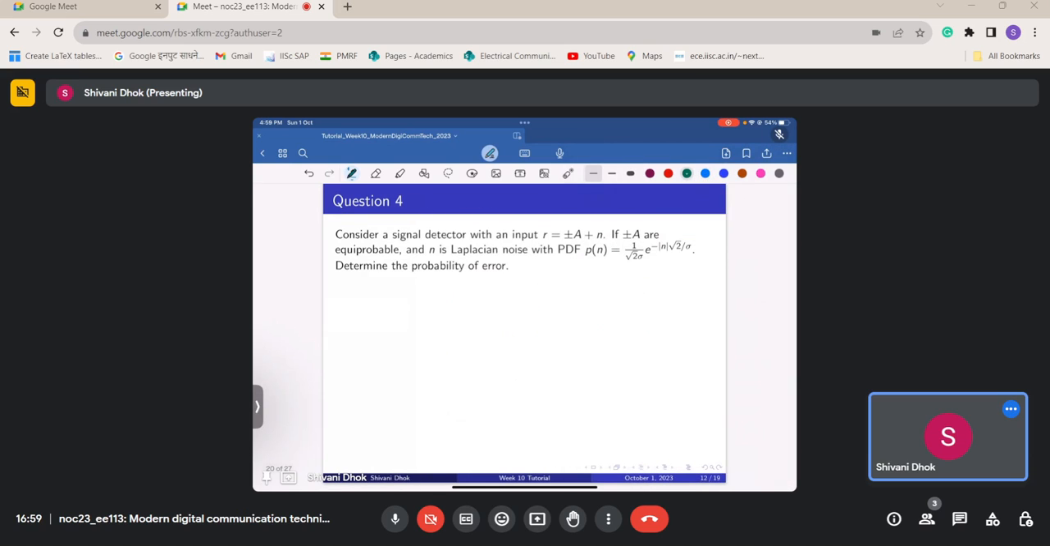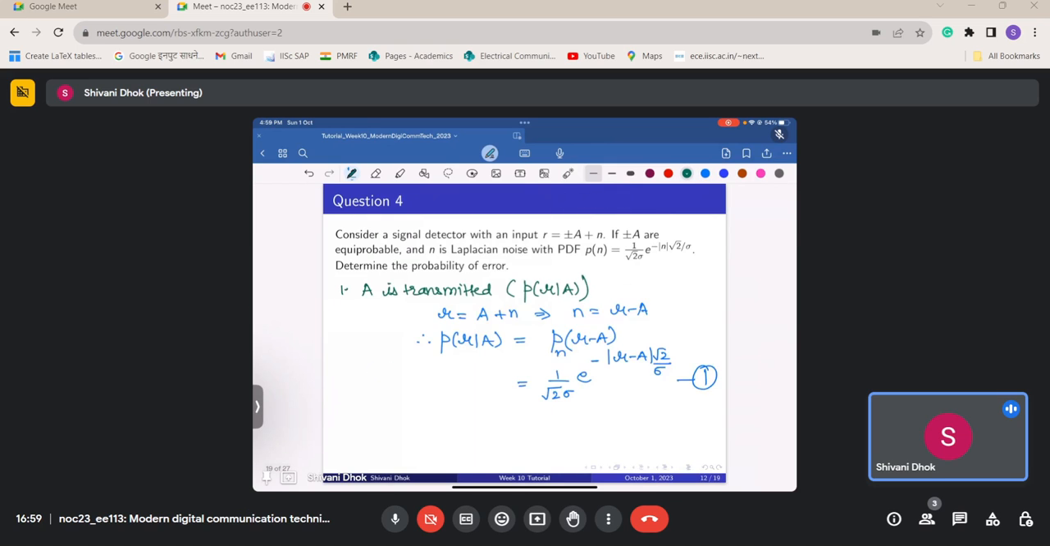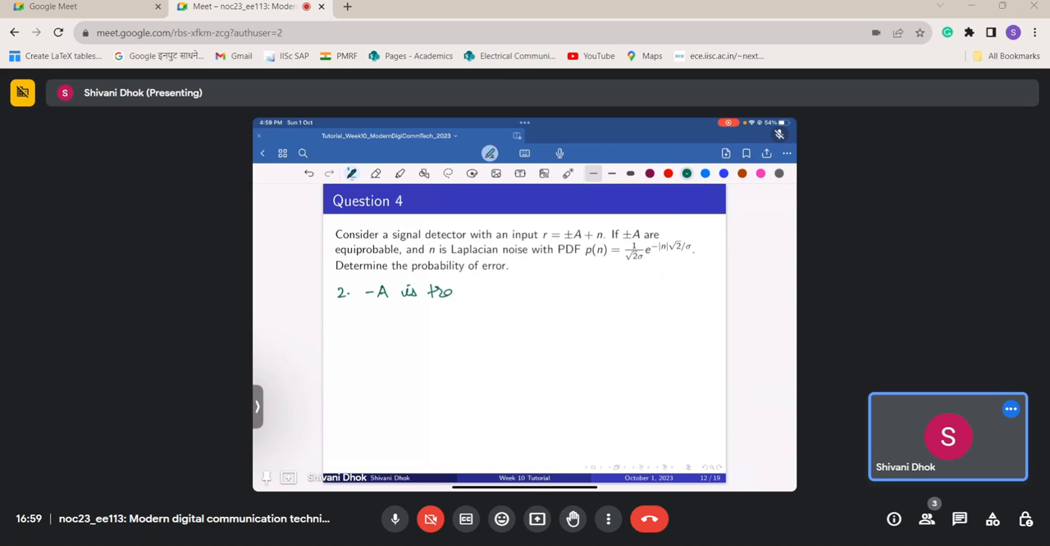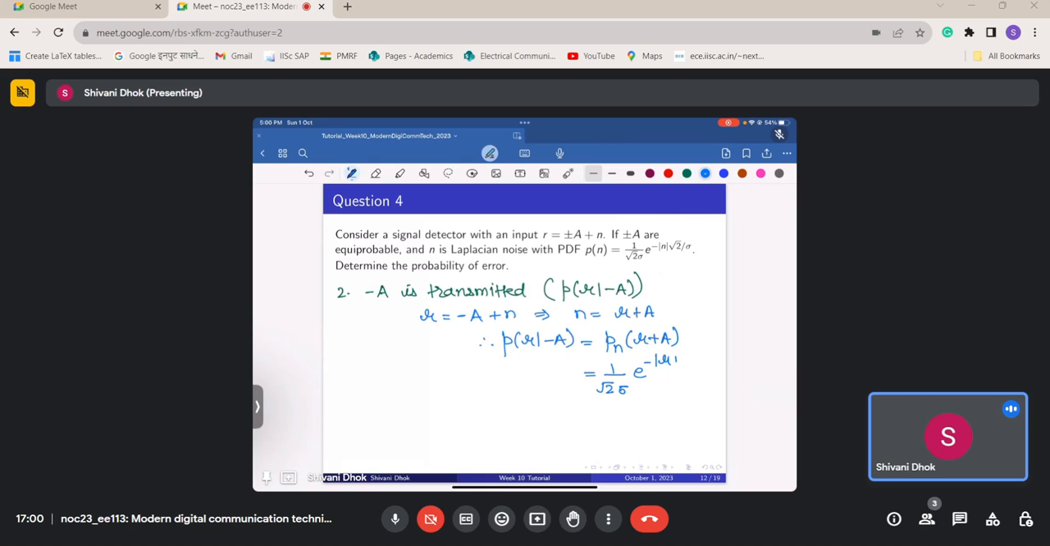Now in a similar way, let's say minus A is transmitted, which means that we need to find the PDF of R given minus A. Minus A was sent, so we will receive minus A plus some noise, which means that my noise N is equal to R plus A. Therefore, the PDF of R given minus A is equal to the PDF of noise evaluated at R plus A. So this is equal to 1 upon root 2 sigma e power minus magnitude of R plus A times root 2